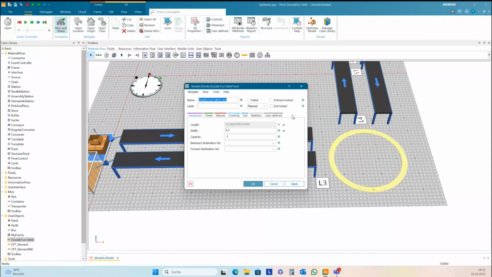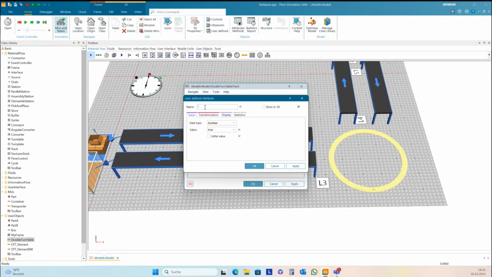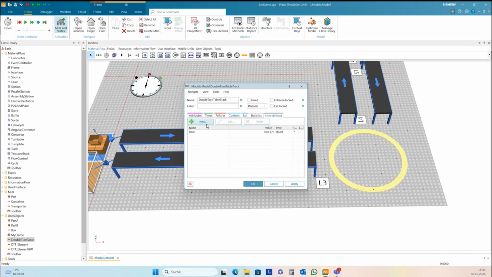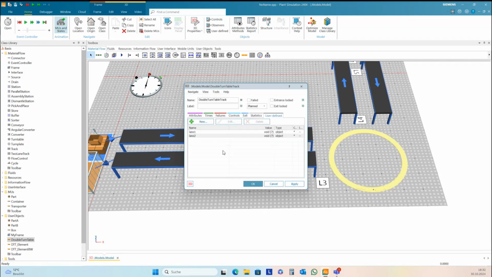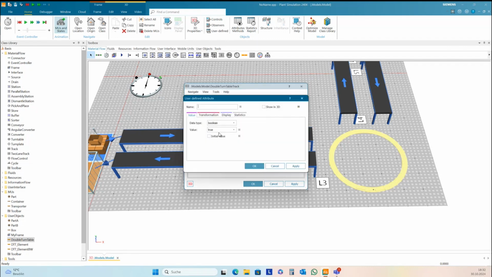And develop all the stuff here as user-defined attributes. I need one attribute for lane 1 as object. I want to store a link to the lane 1. And next, lane 2 as object. And I need one init method as method.